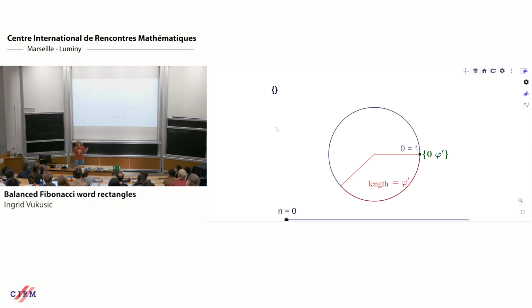Okay, so we have the unit circle, and then we do these rational rotations, and then I draw, you'll see it in a moment, hopefully, this interval that's red, and every time we land in there,